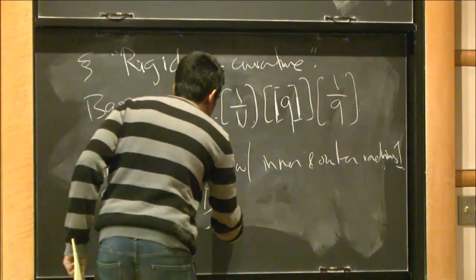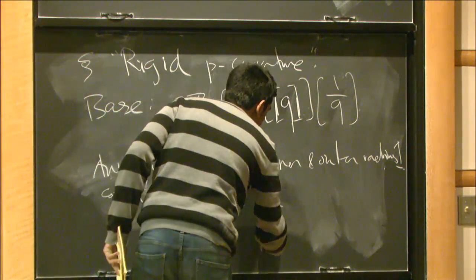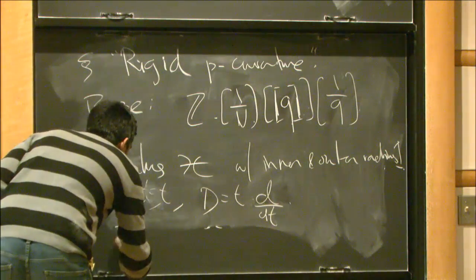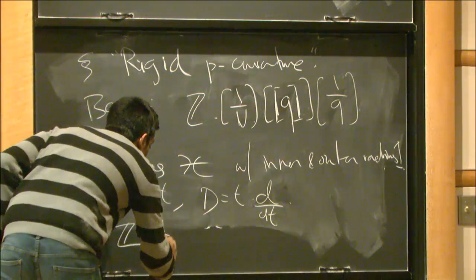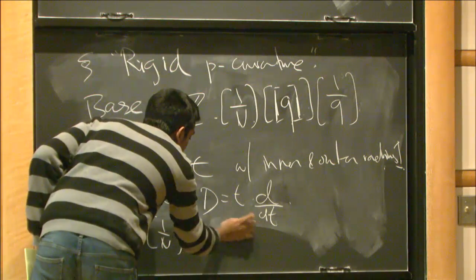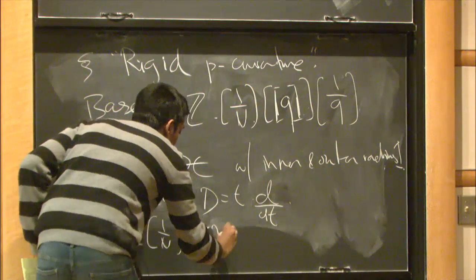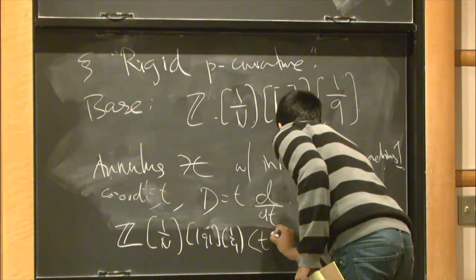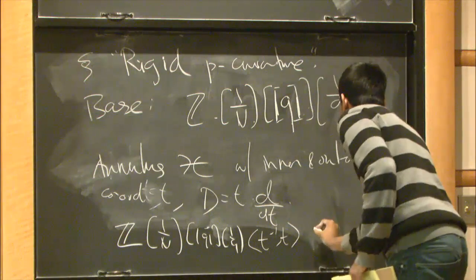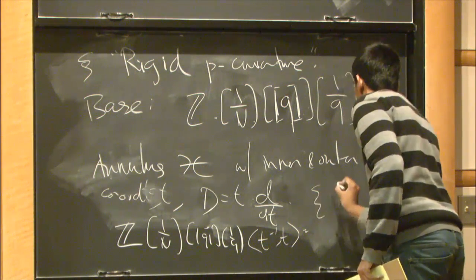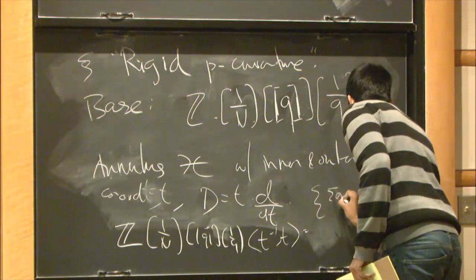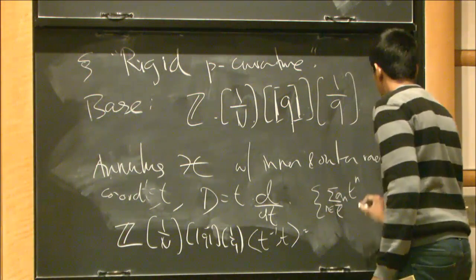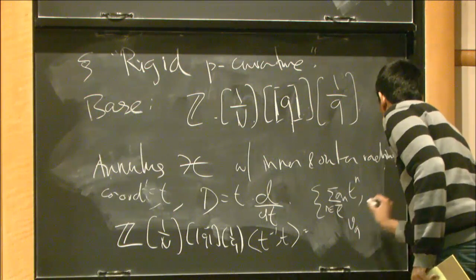And we'll again work with the special derivation t times d over dt. So in these coordinates, the ring of rigid functions is going to look like Z[1/n] power series q with q inverted, t inverse comma t, where this consists of all Laurent series, so let's say a_n t to the n, where your indexing set runs over all integers, such that the q-adic valuation of your a_n